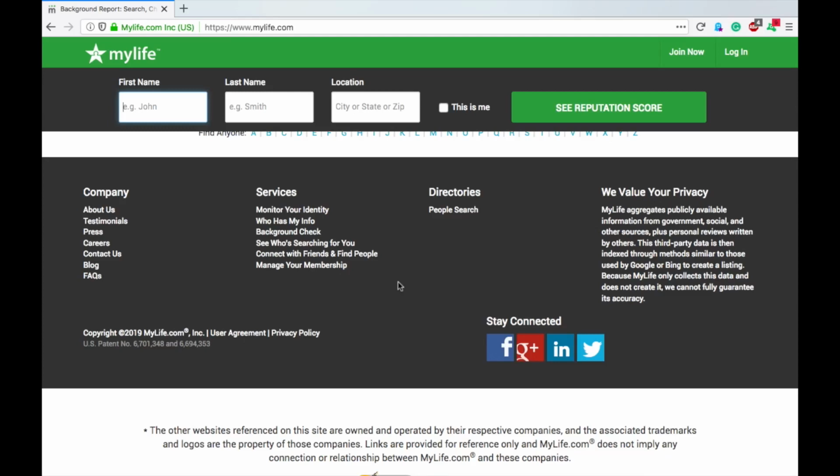You do not need a membership. You don't need to join. You don't need to do any of that in order to remove your information. What you need to do is have an email address. Now this one can't be one of those fake emails, because you're not receiving a confirmation email. You actually have to send them an email.